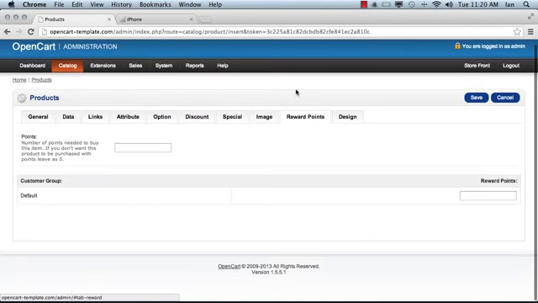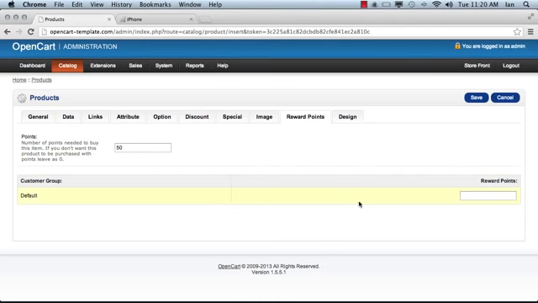Move along to the next tab here, reward points. We're going to cover setting up reward points in a later tutorial, but just quickly, you can set this up so that people can actually purchase this item using accumulated points at your store. So you might run a system where for each $100 spent, people get 10 points, and you might say that, well, if you've accumulated 50 points, you've spent $500 at my store, you can purchase this product